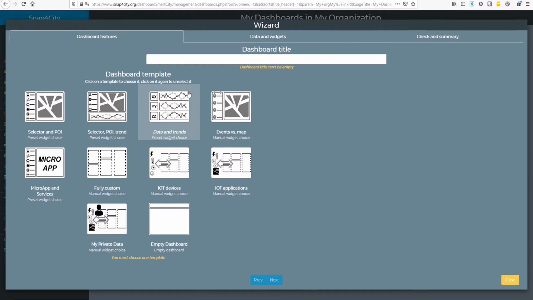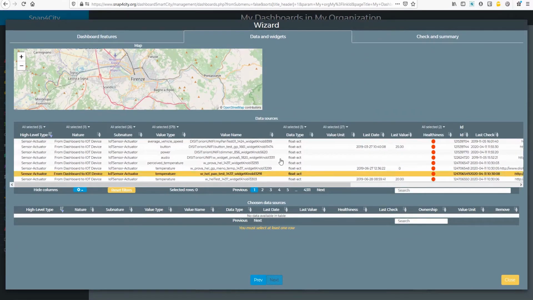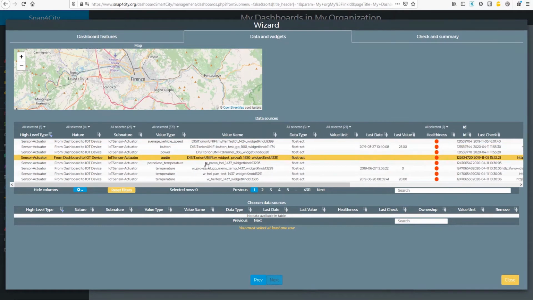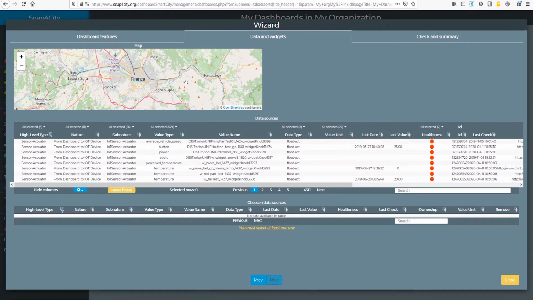So I select this template, and I have to write a title like my first dashboard. I click next to go ahead, and I see a table with all the data available on the platform according to the area shown on the map. So in this case, I see the Florence